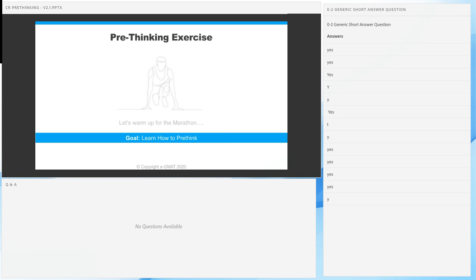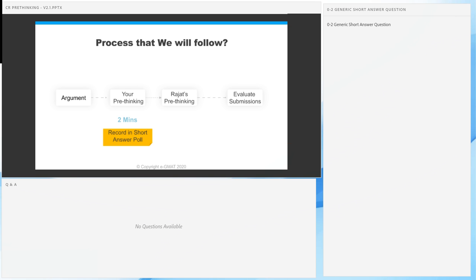And again, this may seem slightly complex. You may really say, hey, there are certain parts that I'm not clear about, and that's an absolutely fine feeling to have, because those things will become more and more clear as we go through these examples. Okay. All right, so the process that we're going to follow is, I'm going to give you this argument. I'm going to give you 2.5, in fact, even 3 minutes to put in your pre-thinking. Then I'm going to go through my pre-thinking process. And you're going to really see, if you follow a logical approach, how answer choices jump right at you.